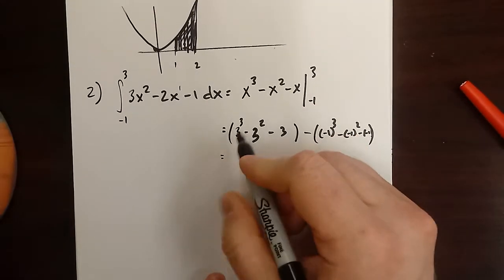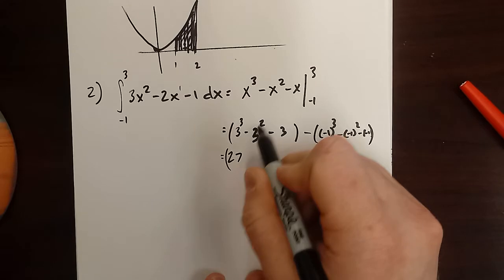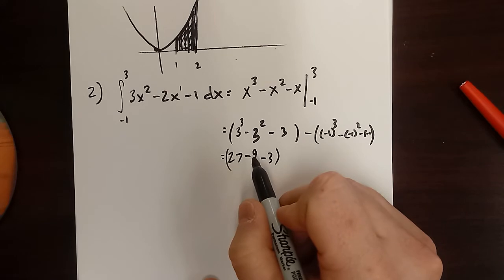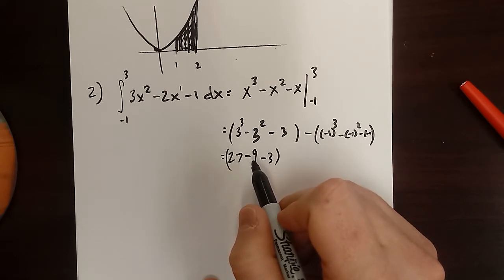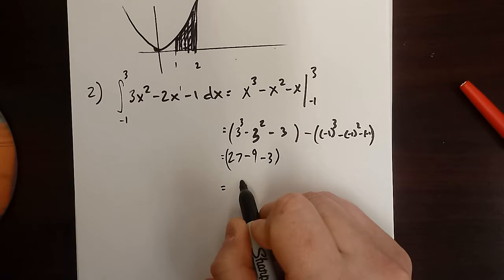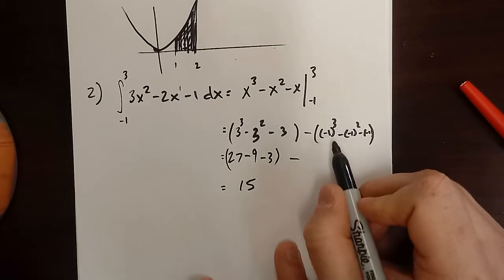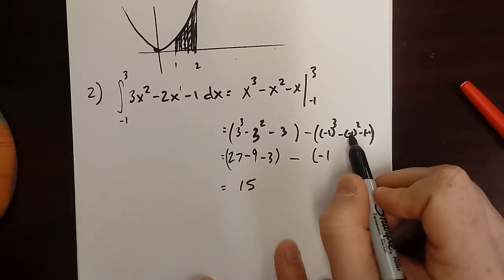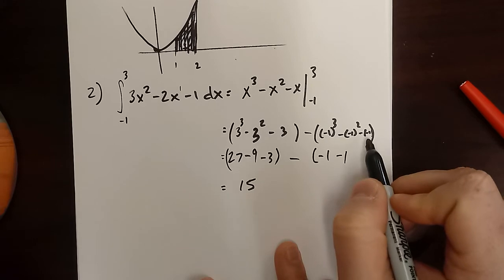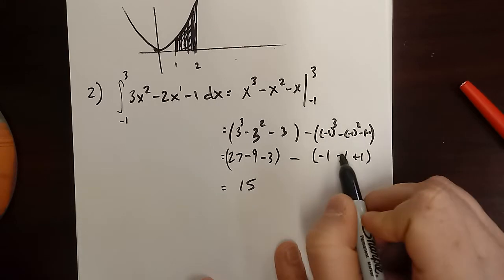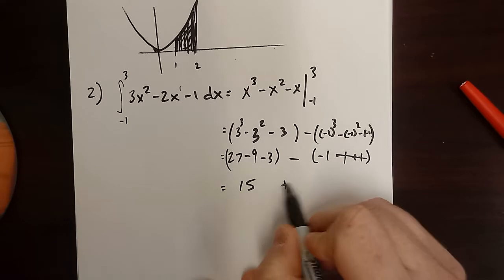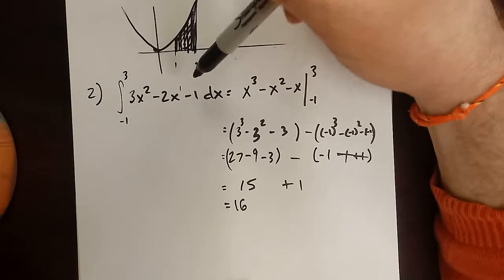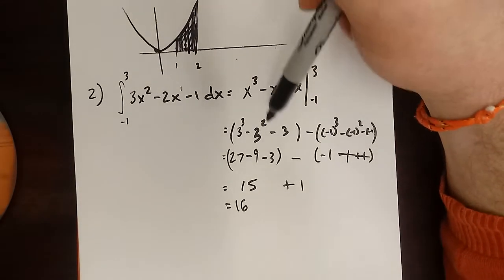So when I'm going in, 3 to the third is 27. 3 squared is 9 minus 3. Let's see, so 27 minus 9 is 18. Minus 3 more is 15. So here, negative 1 cubed is still negative 1. Then negative 1 squared is 1, but subtract that. And minus minus, it's a plus 1. So those cancel. This is minus negative 1, this is plus 1. I get 16. So the exact area from negative 1 to 3 underneath 3x squared minus 2x minus 1 is